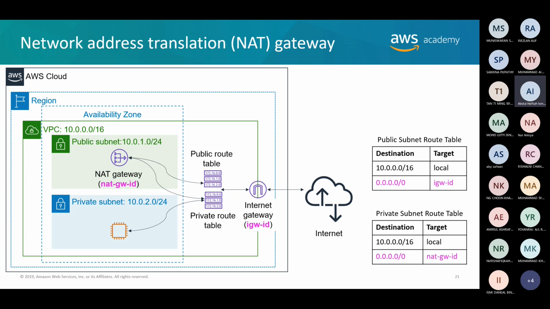So another one is a network address translation NAT gateway here enables instance in a private subnet to connect to the internet or other AWS services, but prevent the internet from initiating a connection with those instances. So to create NAT gateway, so contohnya dalam private subnet ni, dia nak access internet, so dia akan pergi ke